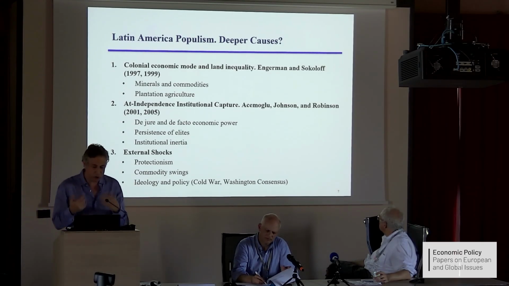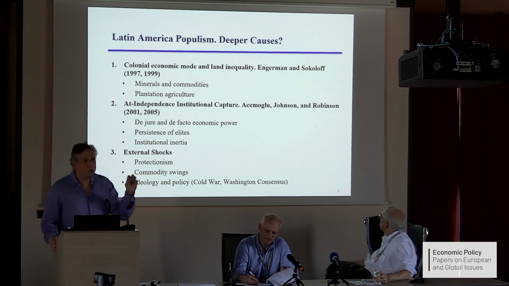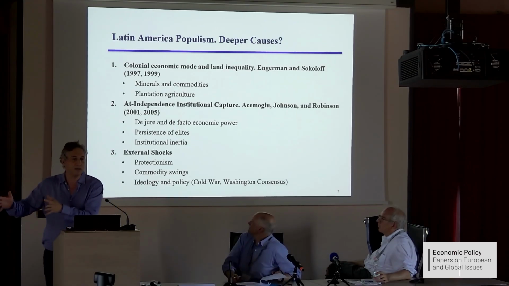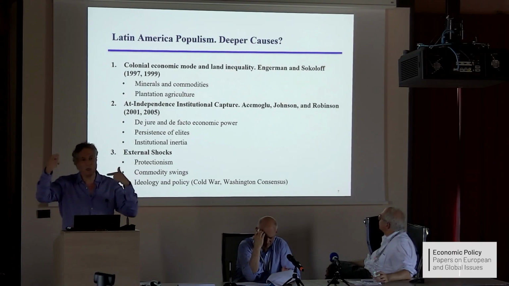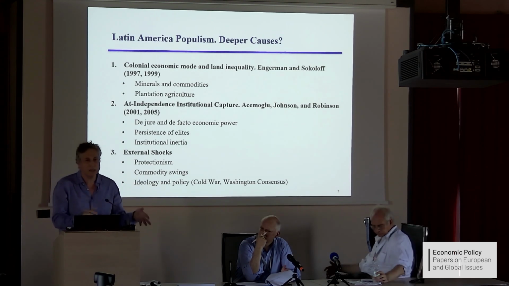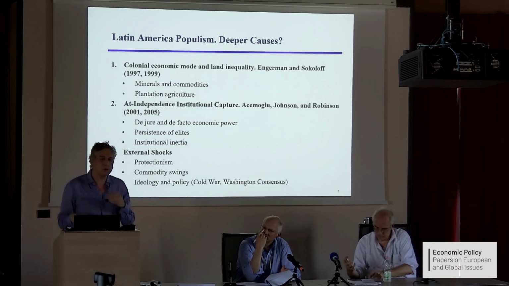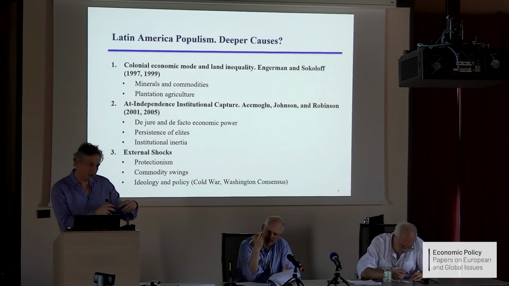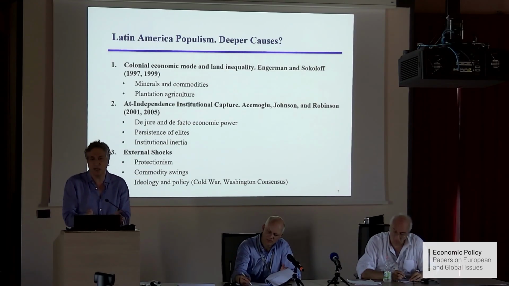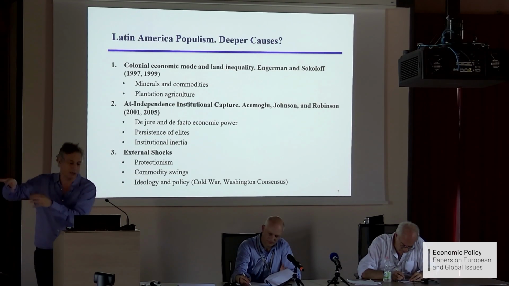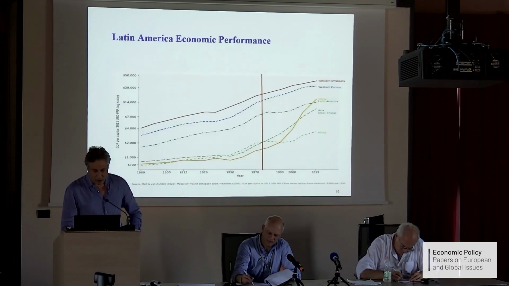There is a famous conjecture by 2 prominent economic historians, Stan Engerman and Ken Sokoloff, that said, look, the mode of the colonial economy: very high land inequality, mineral wealth, bringing slaves from Africa. You have some Spanish or Italian or European local elites, and this mode of production persists. You can add an Acemoglu, Johnson, Robinson twist that those elites that were initiating the decolonization maintained de facto political and economic power, and then we have institutional inertia that explains this feature. I'll come back later to these issues.